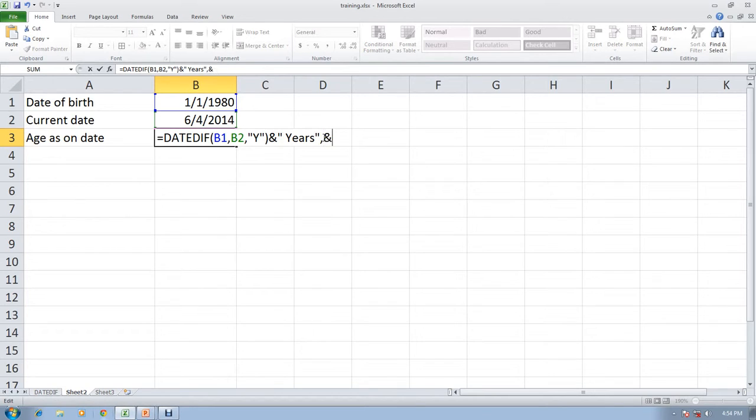You have to take AND as a separator, and here same B1 to B2, you are calculating the difference between the date of birth and the current date, but you need months here, so you have to use ym so that you will get months. And then the output is the number of months, and I will extend the same to the number of days.